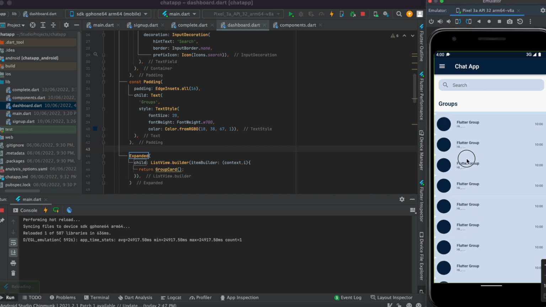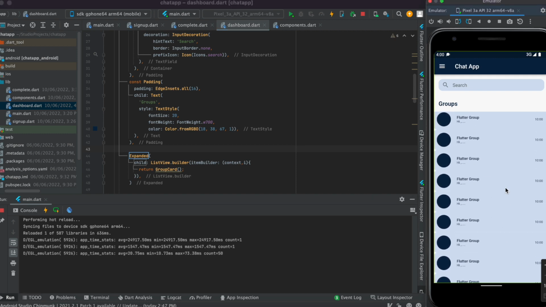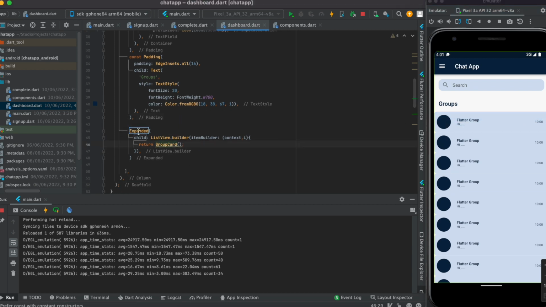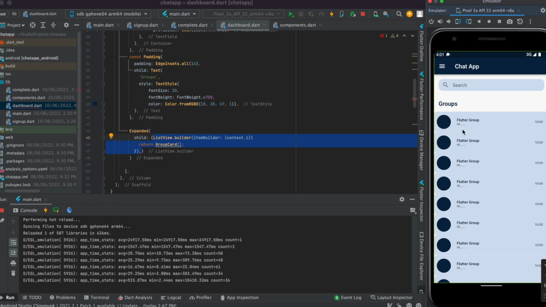So now you can see there are many of those cards, but there is no gap between them. So don't try to wrap that card, just wrap this list view builder at first with a padding widget, so that we will get the gap from both sides. That means we will get the gap from this side and this side, and then we will manage the gap between the cards. So just write here the padding